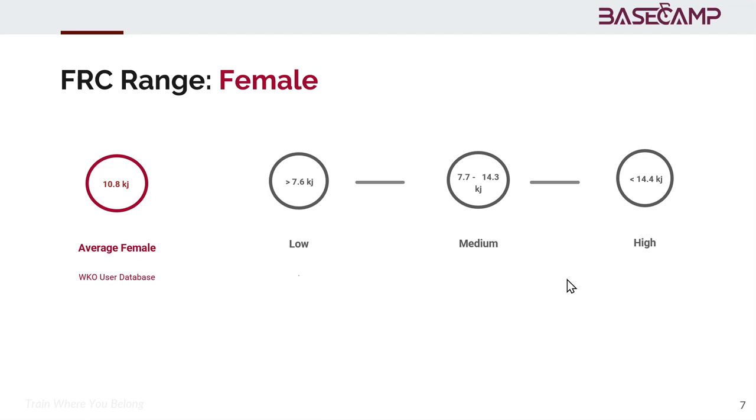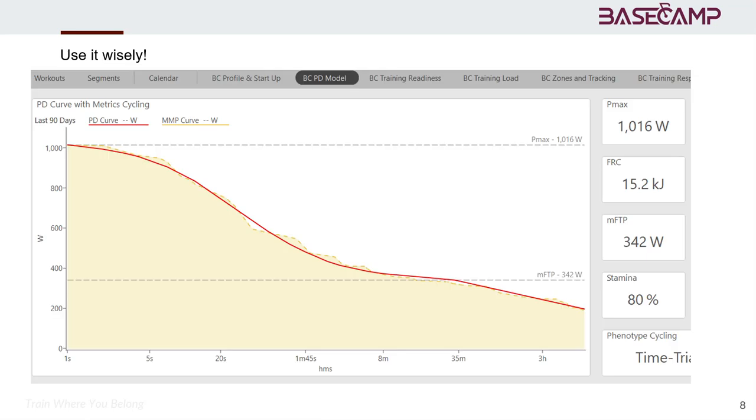So with that background of FRC understanding and just understanding the basics of it, let's talk about a consistent mistake in application. I get this question a fair amount publicly, and I know some of our coaches have had it. When you have FRC, you have to learn to use FRC wisely because there's a relationship between your Pmax and your FRC that you need to think about. So to